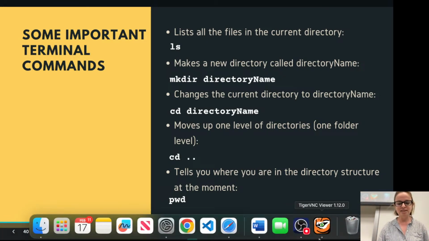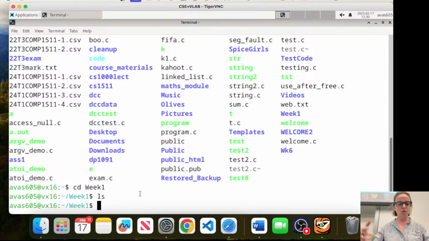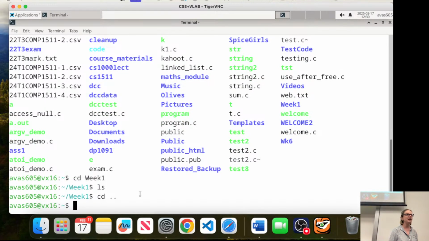Two more commands, why not whilst we're here? I want to come out of this directory. I'll just change directory and go back out by one. The .. makes me go up by one. How do I go back? Does anyone know how I just go back to the start if I'm three directories in and I'm having a great time? Just cd, and then boom, I'm all the way back at the start.